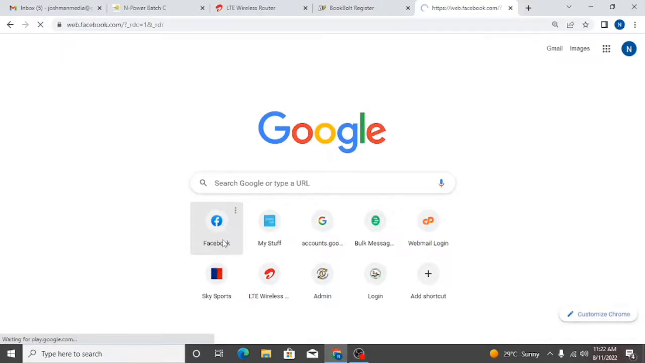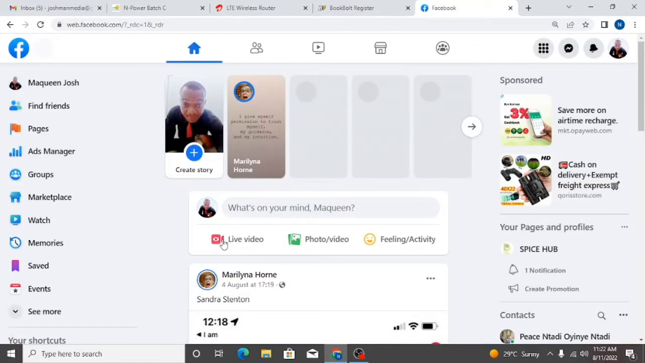I think my Facebook is already logged in, so I don't need to fill in email or password. So I'm already logged in now. This is my Facebook environment and I just have one Facebook page. Now for you to set up a Facebook ad, you might create a Facebook page or group. For you to create a Facebook page, you click on page,